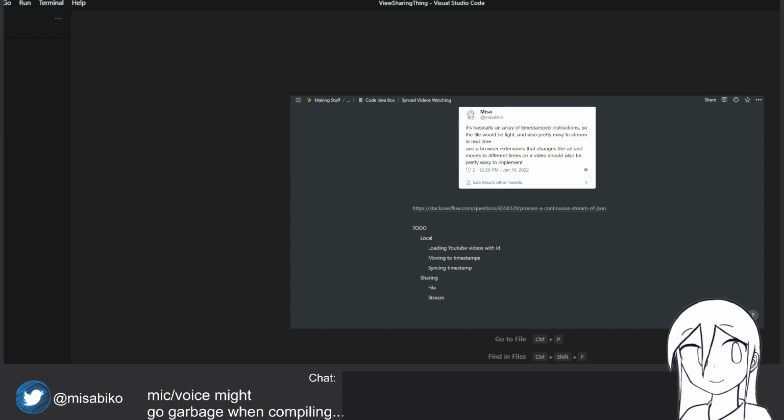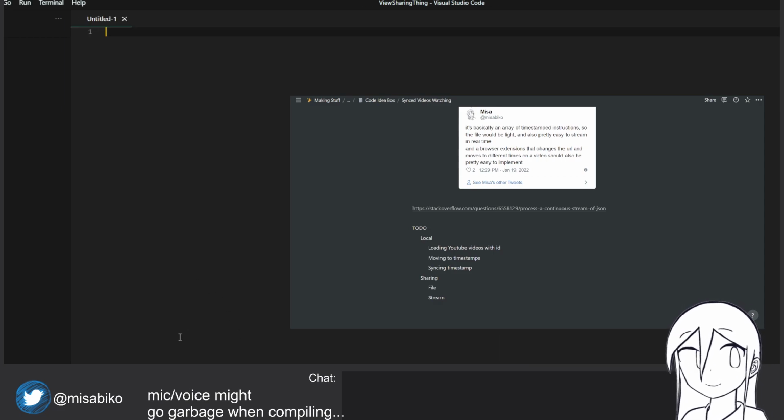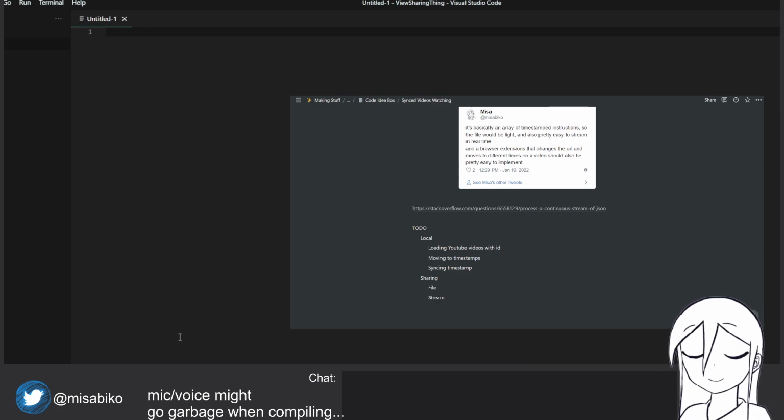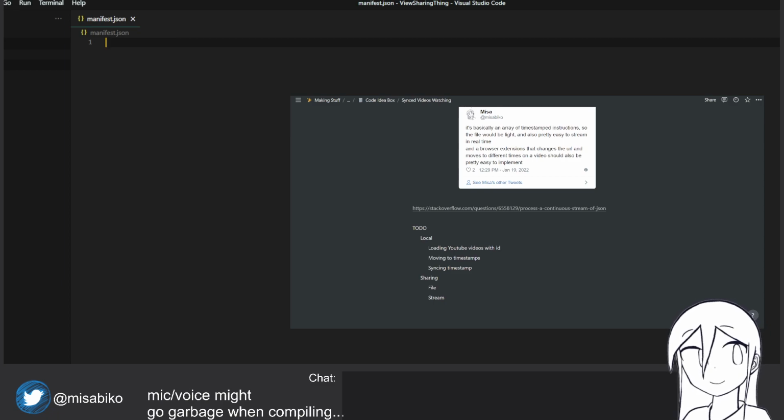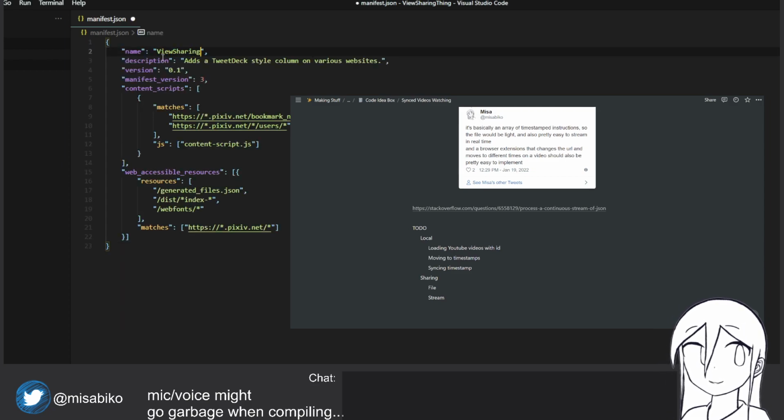Paste this. Manifest JSON. Yeah, do it anyway. Just paste the whole thing. For now, view sharing thing is how I'm